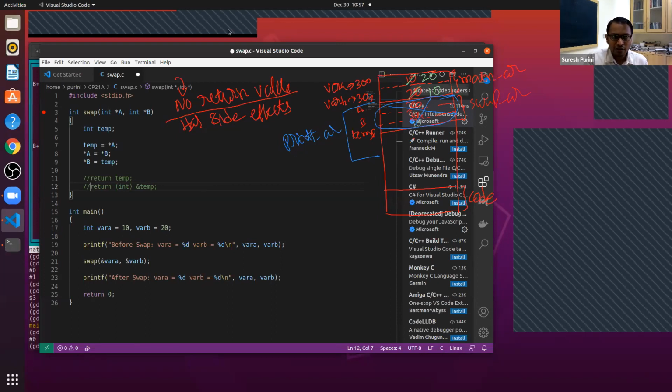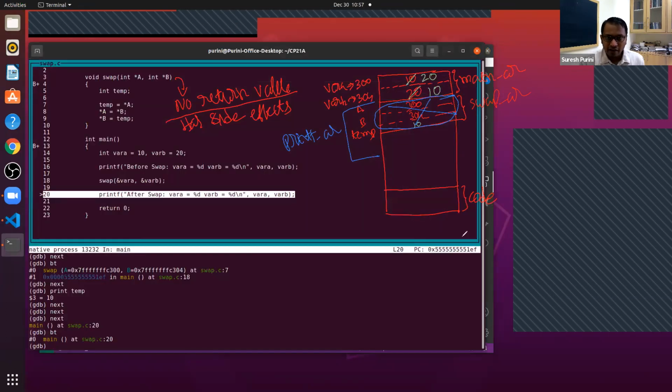This is true for main also. Just take a different picture. When a value is returned, there will be what is called a register file present in the processor. Register file has many registers. For example, if you are returning value 10, that 10 will be present in this register AX, and the function that is calling you, if it cares about the return value, it will look into the register, and if it doesn't care, it doesn't look into the register.